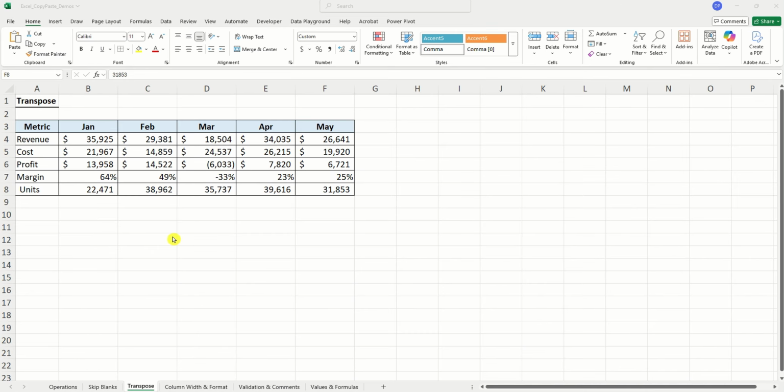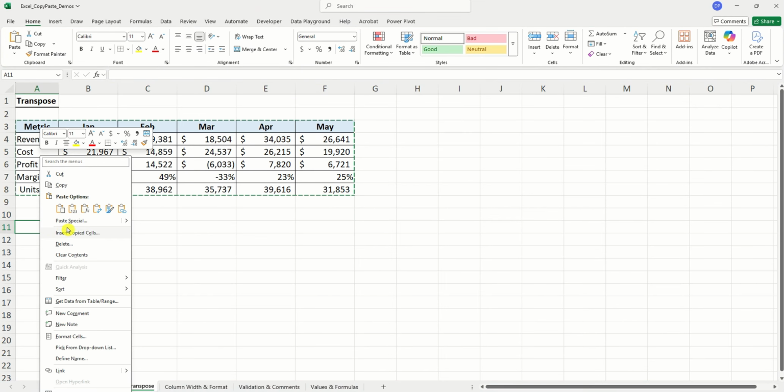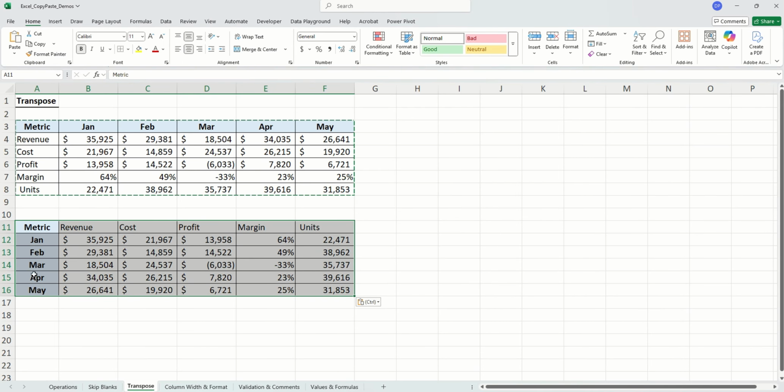Now let's look at transposing data. Have you ever copied a table only to realize the rows should have been columns? We can fix that using a transpose. Copy the entire data set using Ctrl C, and then click on Paste Special and select Transpose. Excel will transpose the data so that your columns become rows and rows become columns without you losing any data